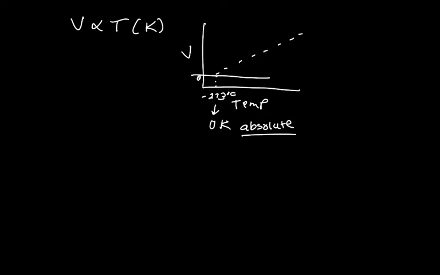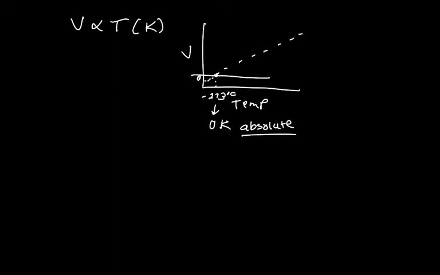If we get any colder than that, then if you notice, if we go any further, we'll get a negative volume. Is this physically possible? Absolutely not. You can never have negative volume. You can never have negative mass. So at negative 273 degrees Celsius, or 0 Kelvin, absolute 0, molecular motion virtually stops, and basically we can't get